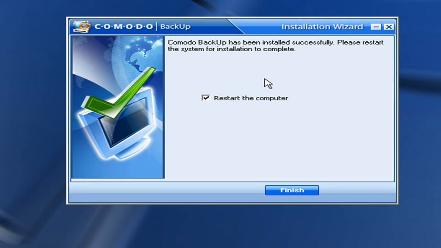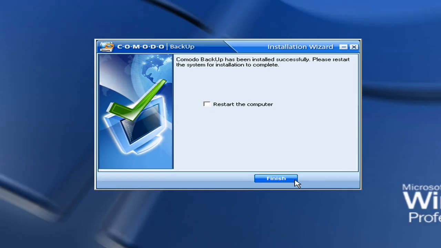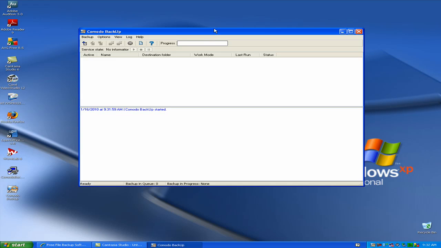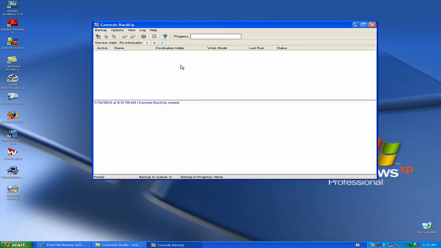And it'll ask you if you want to restart your computer, so the installation will be complete. I'm going to go ahead and uncheck this, but you want to restart your computer. Okay, so let's just go ahead and open up this program, and I'm going to kind of tell you what you want to do